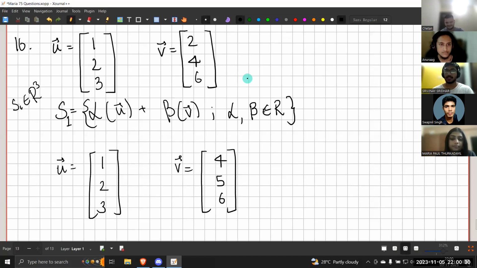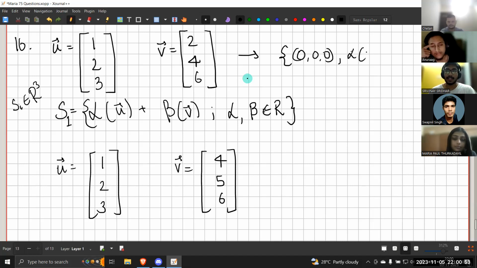So we saw that, remember how we built our subspaces step by step? Our subspaces always started with 0, 0, 0, right? And then I add the first vector, and the first vector happens to be 1, 2, 3. And I know that when I add 1, 2, 3, I will add alpha times 1, 2, 3, right? This is after adding the first vector, after adding u,